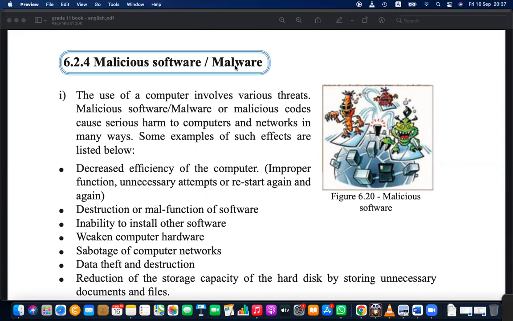That is the nature of this malicious software: it intentionally and purposefully damages our resources.